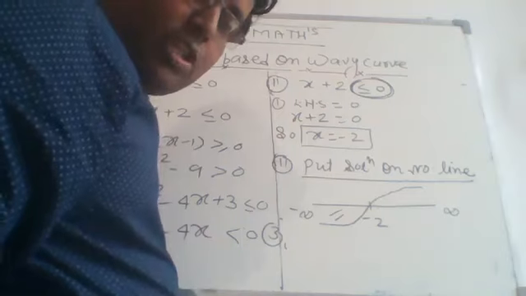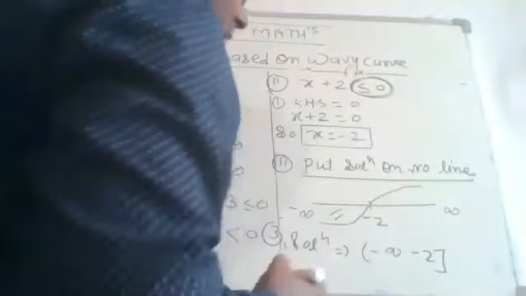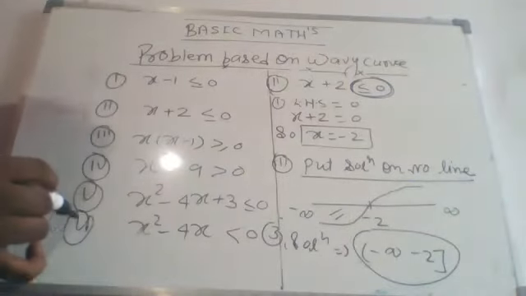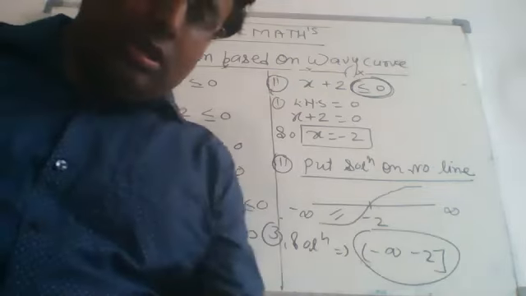And when we take the portion below the number line over here, in this condition we get the solution. The solution will equal what? Beta, left to right we have to write minus infinity, always an open interval. Equality was there along with the inequality, so a square bracket. That's why we have to write a square bracket over here. So by this way we get the solution of this inequality, which is minus infinity to -2. Okay to all of you?